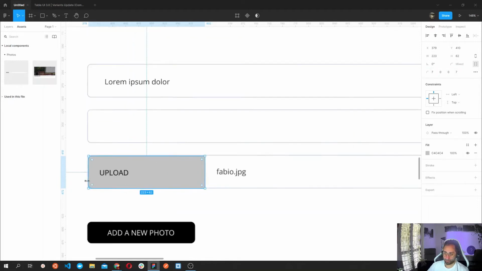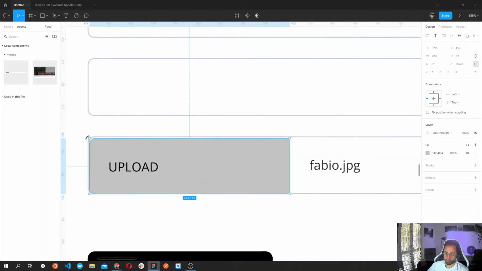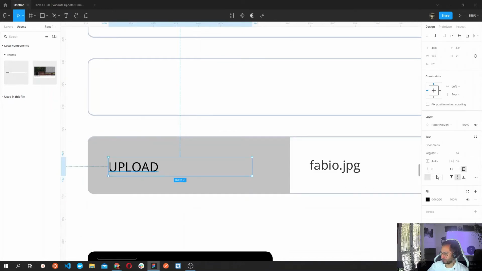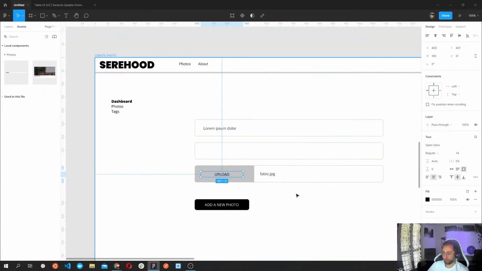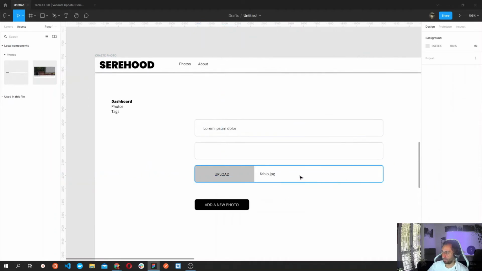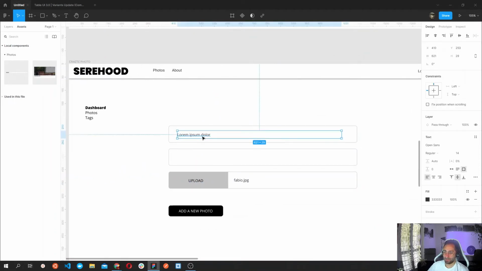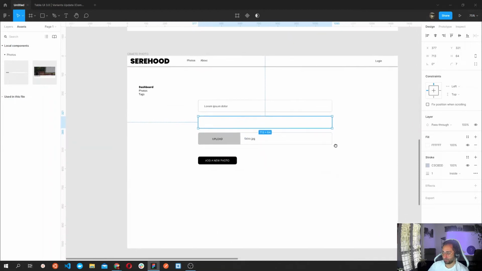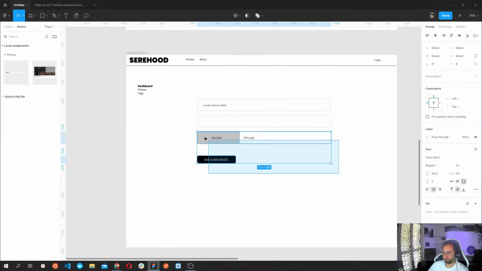Okay, then I will make this big enough to cover this white space. And we can center this text, make it, no, we can leave it like that. Okay, we have this one. So upload, we have the link, the image text, and then we have another one for the text area. The text area is gonna be probably wider than the, and actually,